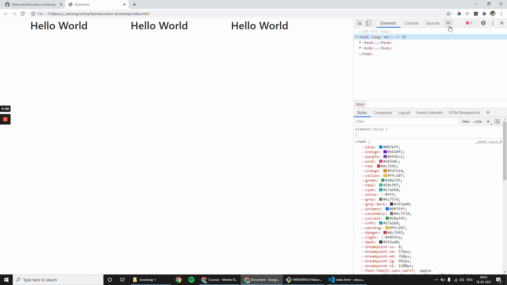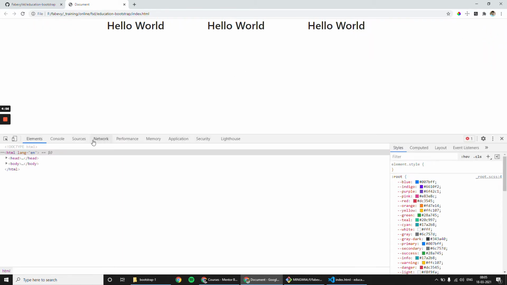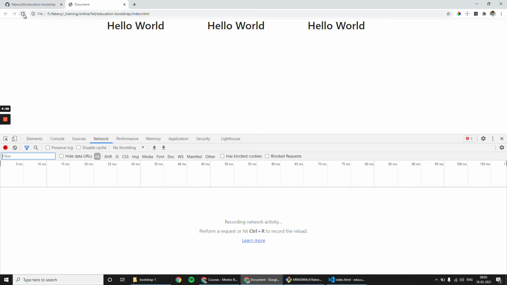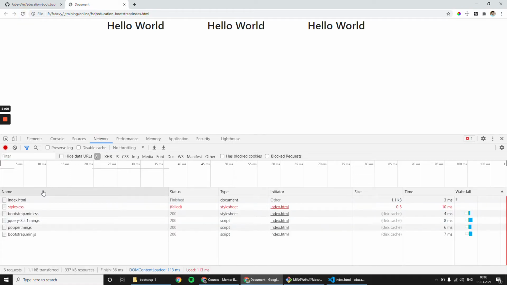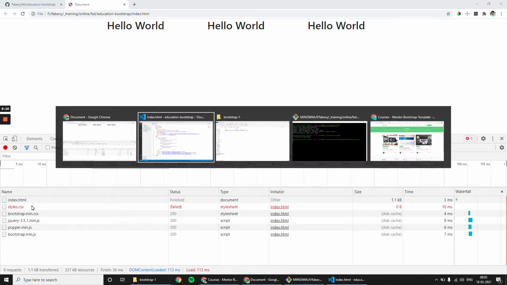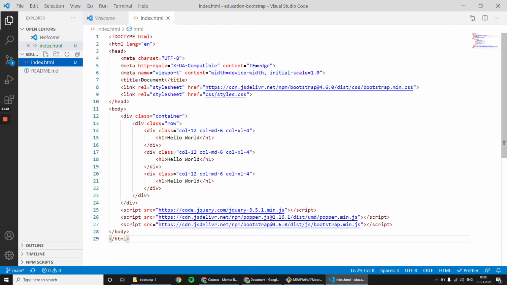How will I ensure it is working fine? I will go to the network tab and refresh the page, and ensure whether all files are being called properly or not. Here there is a mistake. Styles.css is not there, so I need to add that.